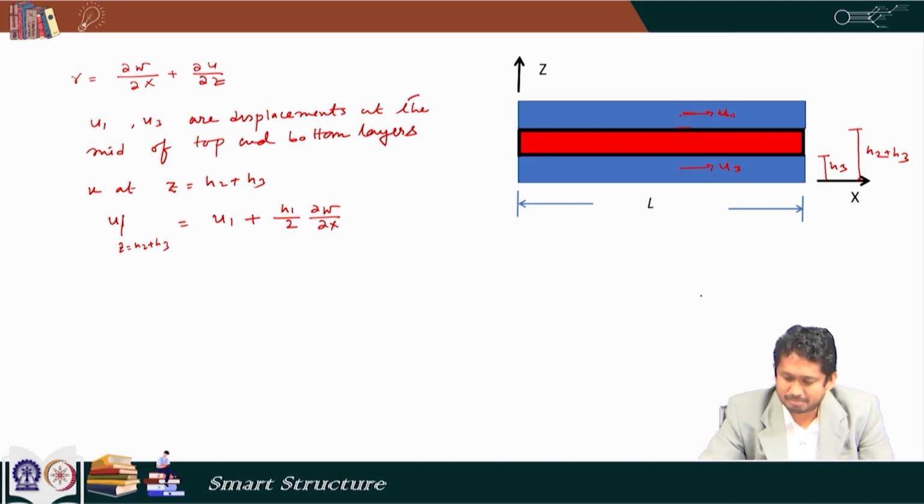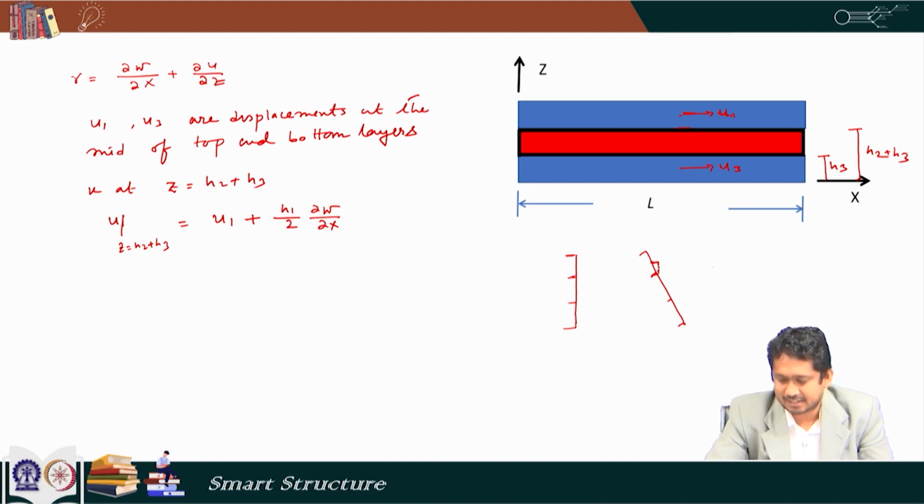Now, because this is an Euler-Bernoulli beam, we know that plane sections remain plane before and after bending. So, if at any section it has our 3 layers, and if it bends, then after bending it takes a form like this, because based on the Euler-Bernoulli principle, plane section remains plane before and after bending. So, if the displacement at the mid of the top layer is U1, then the displacement here is U1 plus this additional amount, and this additional amount is nothing but del W by del x multiplied by this